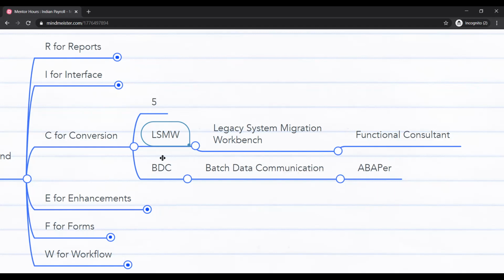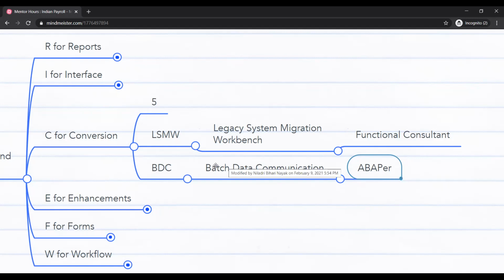There are two types of conversion programs we have, LSMW and BDC. LSMW can be created by a functional consultant, but BDC actually requires help from an ABAP technical developer. Suppose you want to upload 2,000 employees' data in one go. Simply prepare the file, maintain the employee data as per your specifications, then upload it.